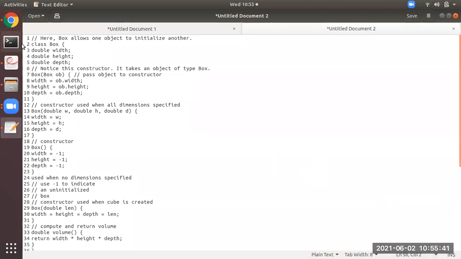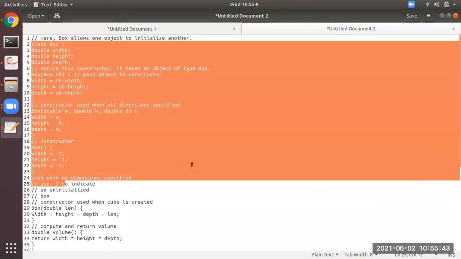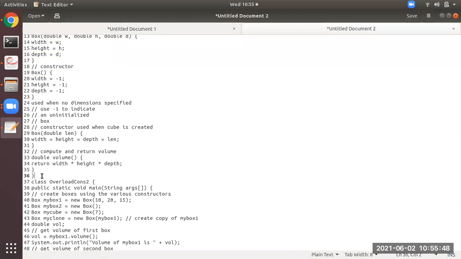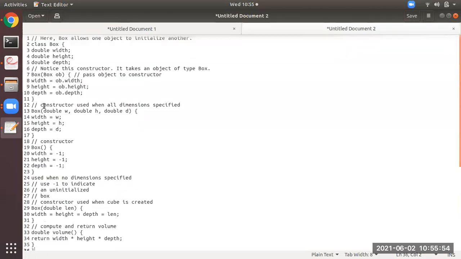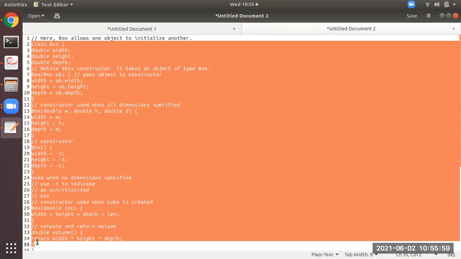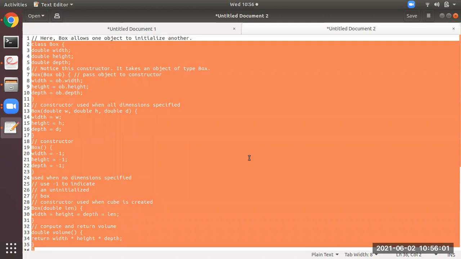See here, this is a class. There are two classes in this program. After class Box, there is one more class, that is overloading constructor 2. But you see in this class Box, how many constructors are there? This is the code of class Box. See here at line number 7, line number 13, line number 19, line number 29.